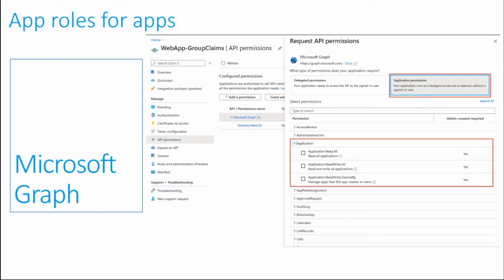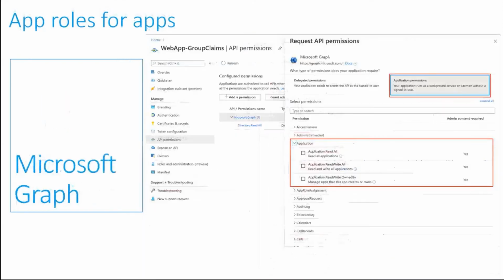The best example for app roles for applications is Microsoft Graph. If you have ever worked with it, you might have clicked on this applications permissions tab a number of times and have seen that there are various app permissions or app roles declared here for you to use and grant admin consent to before you can call a number of APIs that expect these to be present in the token.